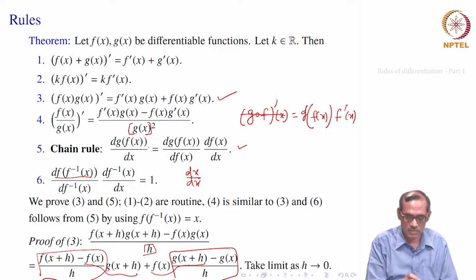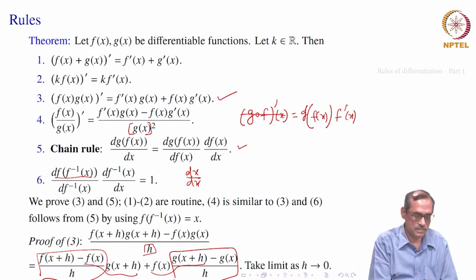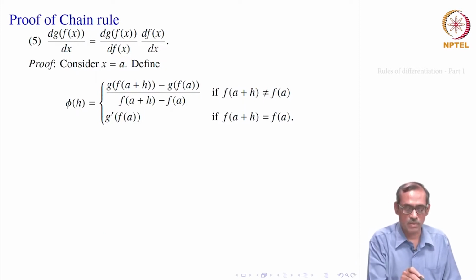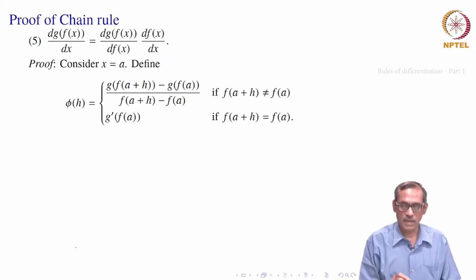So, let us have a proof of this chain rule at least. All the others are easier, they come from the algebra of limits. Okay. So, this is the chain rule we want to prove: d of g of f x by dx equal to d of g of f x by df x into df x by dx. So, x is any point in the domain. So, let us say x equal to a. At that a, we want to differentiate and see that the formula holds, then it will be true for all the points in the domain, therefore, it is true. So, now fix a point, say x equal to a. At that we want to see that this formula holds.